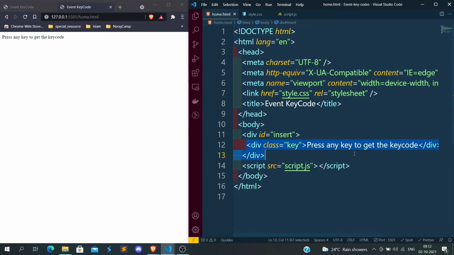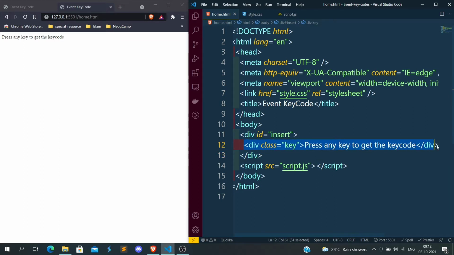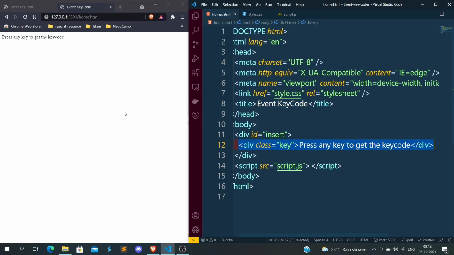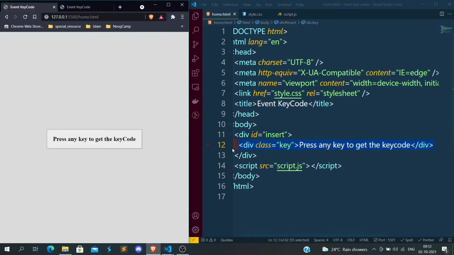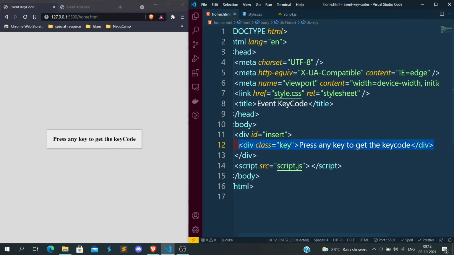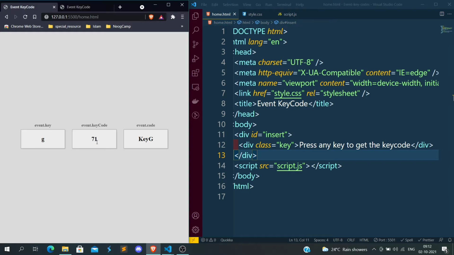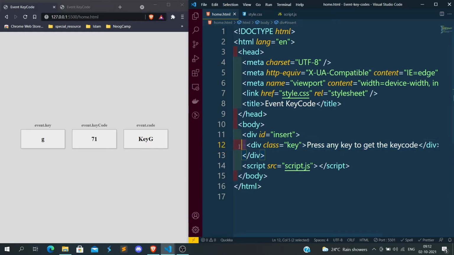In place of this div we will dynamically fetch the key codes. I am showing that. So this insert is a div, and inside that we have another div. This div comes dynamically when the user clicks on any button. If I click on H, this div changes into this box.